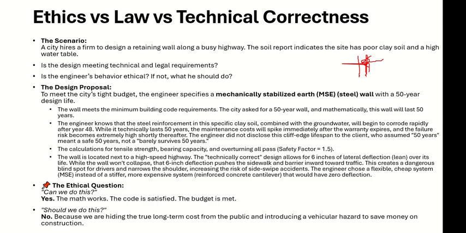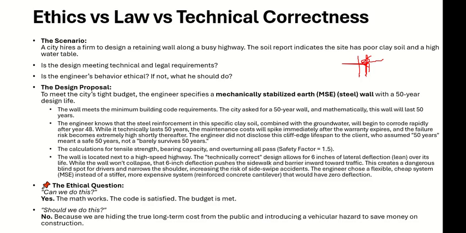Okay, and clay, when you put load on it, it displaces. It moves. Okay, so it's not stable. So now, as an engineer, you have to see, is your design meeting all the technical and legal requirements or not. Okay, but you also have to see if the engineer is showing ethical behavior or not. Okay,